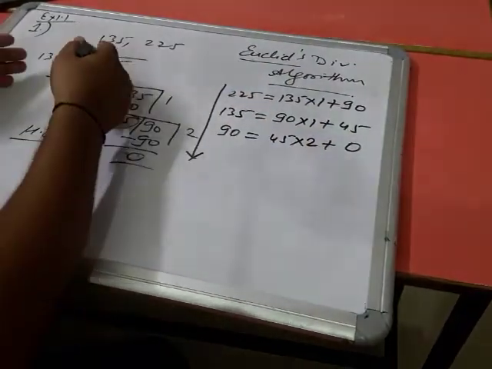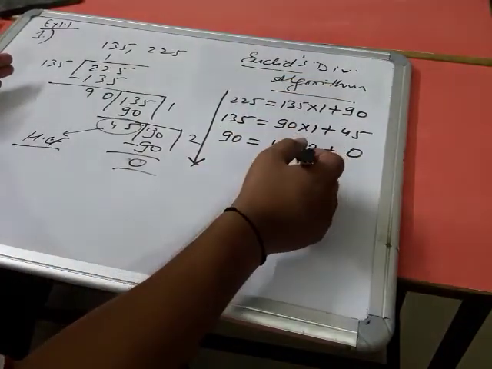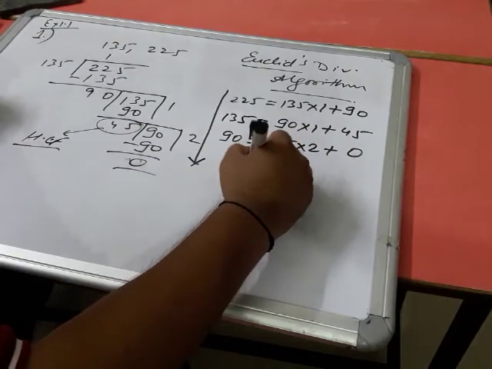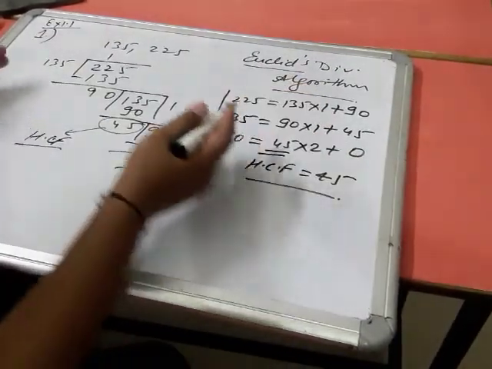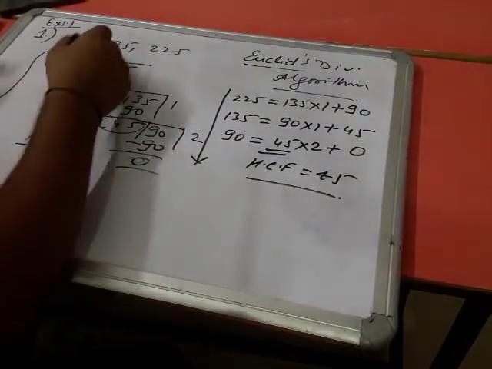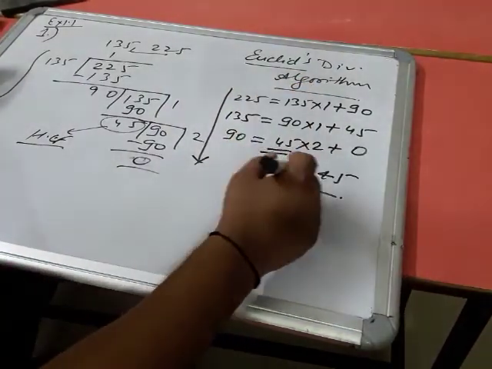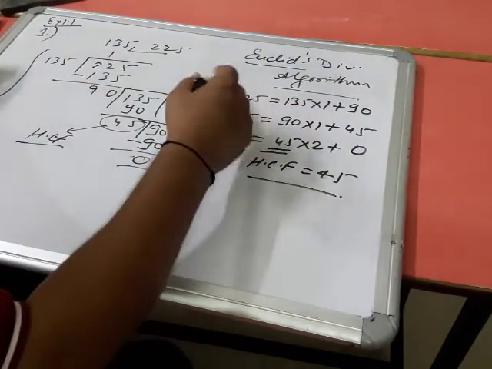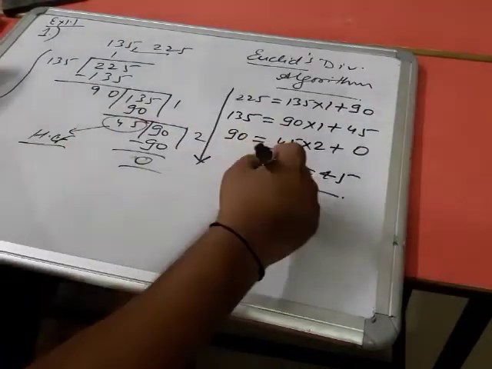Writing it this way is called Euclid's division algorithm. You can do this side by side so that you can directly write in this way. This is the last divisor, 45, and the HCF is 45. To obtain these steps, first you do the usual division method of finding the HCF, then write it in this way. By using the division algorithm, we get the HCF, and this is Euclid's division algorithm. For all the questions, you should take this method. This is a very easy method.